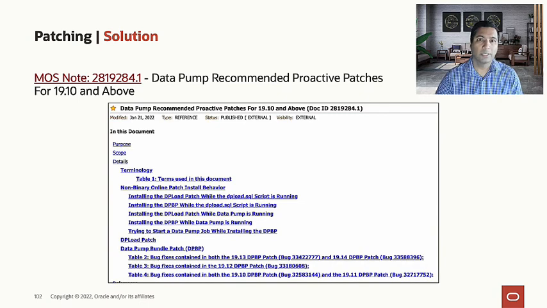So what does this new and improved dpload do? This basically ensures that patching performance is improved by up to 90%, and it reduces the number of invalid objects by up to 90%, and also up to 0 in a subsequent patch. Which means that as you continue to use dpload, you will actually eliminate all the invalid objects